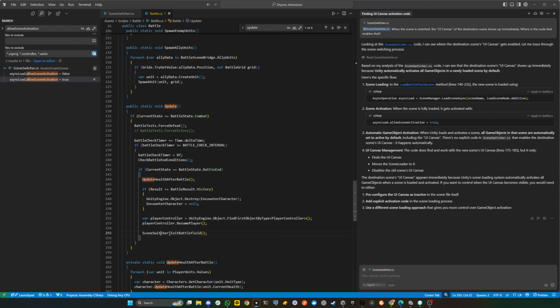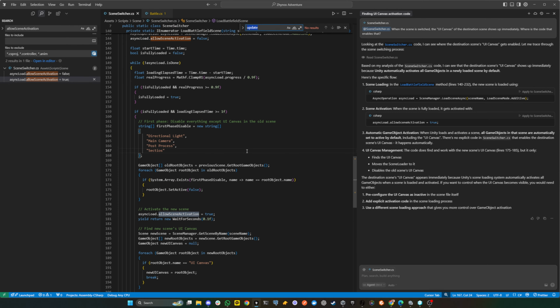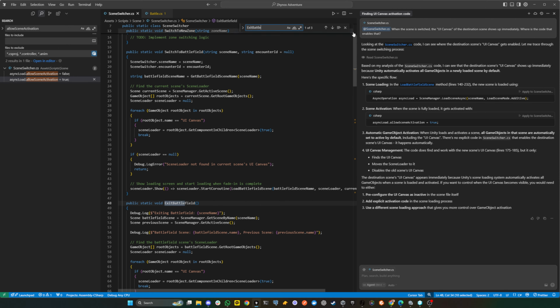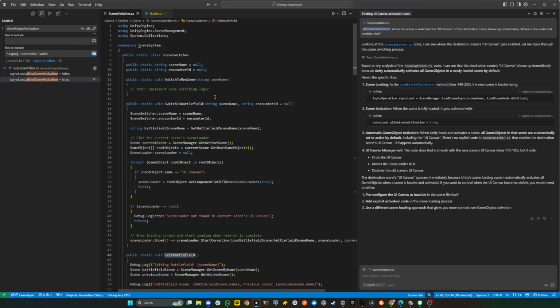Okay, scene switch, exit battle. Okay, so here's what I'm gonna do. When entering the battle, we need to disable the previous scene's UI canvas game object. When exiting the battle, we need to